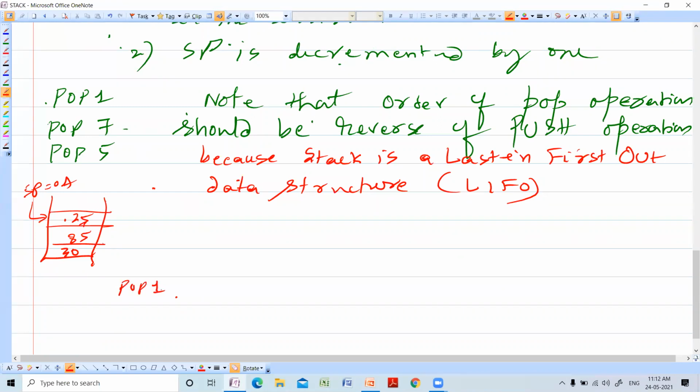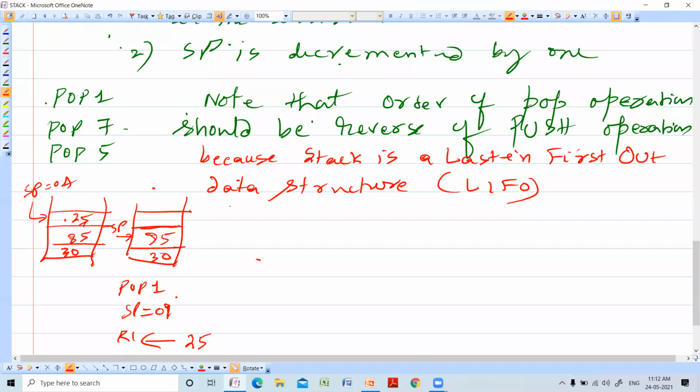When you execute pop 1, 25 will be popped out. It is containing now 30, and your stack pointer becomes 09. So stack pointer is pointing here now. Register 1 will be copied by the data 25.